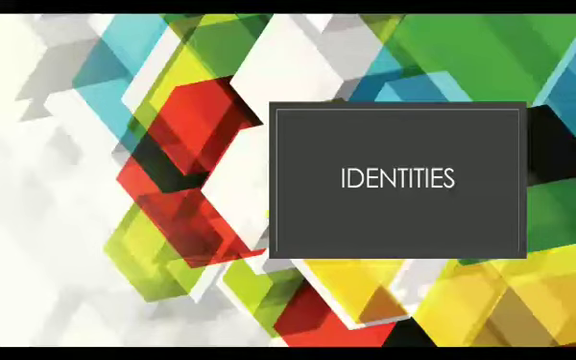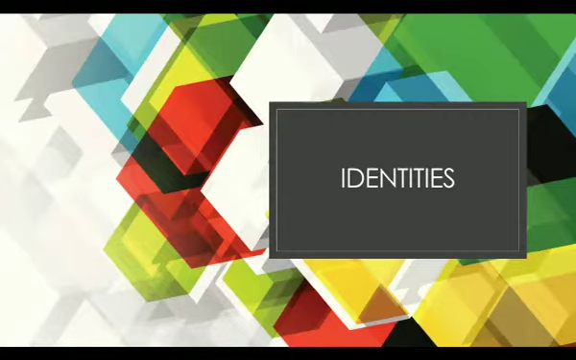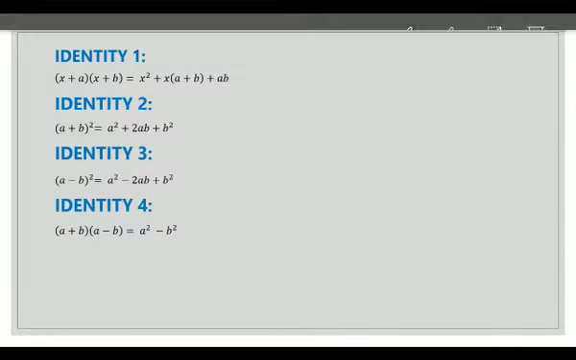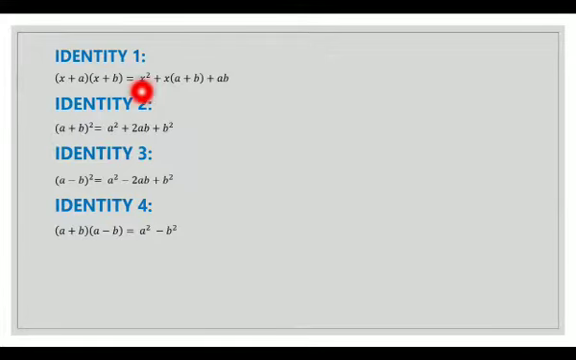Yes, students, in the last class, we have already studied four identities. So, let's quickly revise them. Identity 1. (x + a)(x + b) = x² + x(a + b) +